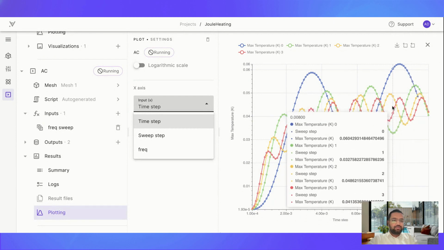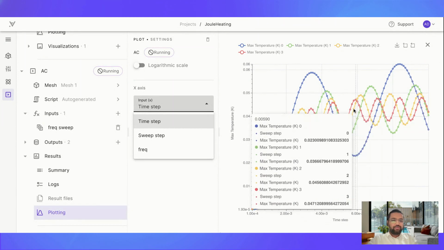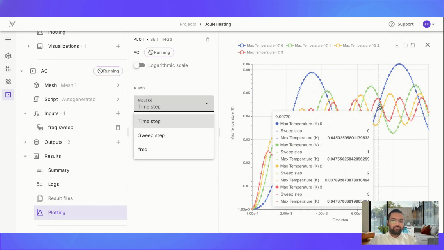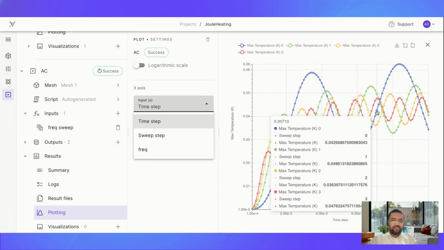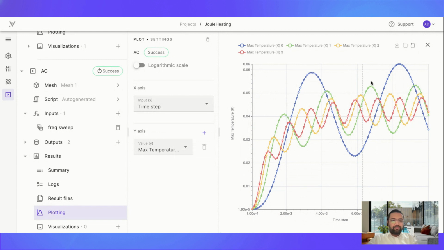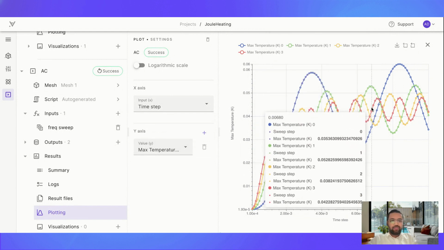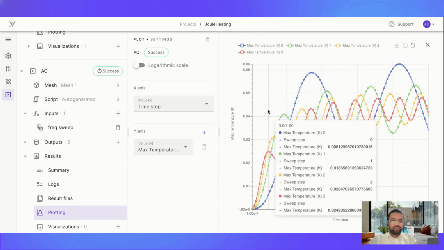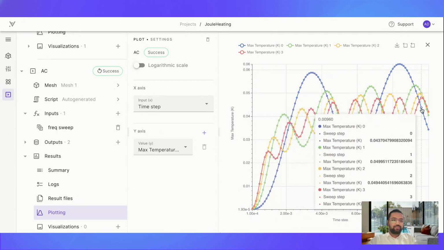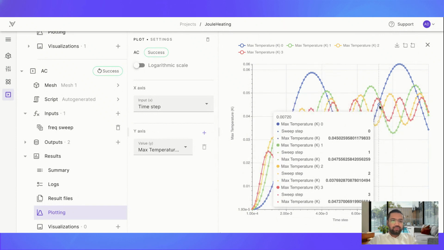And this is about half of the maximum temperature that we had in the steady state. That's also because in this case we have the RMS current, which for the sine wave is the amplitude divided by square root of 2. And because we have the square of the current, we have the amplitude divided by 2, and this is exactly what you see, the constant maximum temperature of about 0.43, or 43